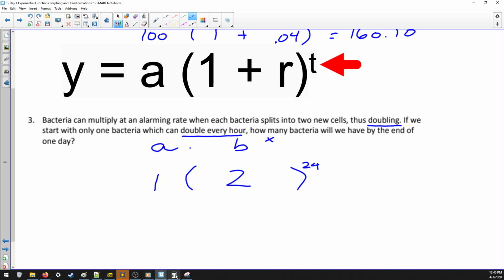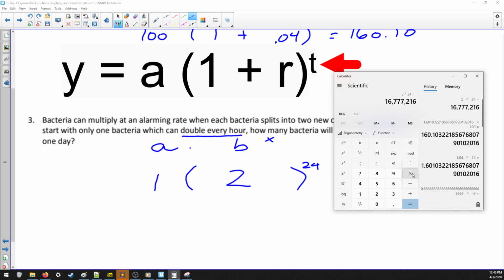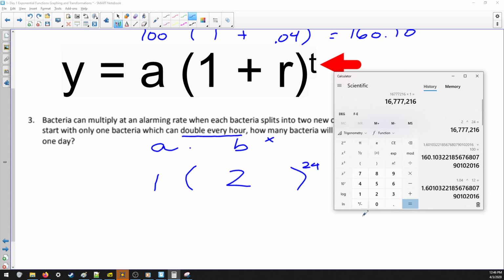So if I type this into my calculator, let me clear out all this other stuff, okay? We're going to say 2 is going to be raised to the 24th, which is gigantic. And then I'm going to multiply by 1, which in this case isn't going to do anything. All right, so it looks like if I take the number 1 and I double it 24 times, it looks like I'm left with